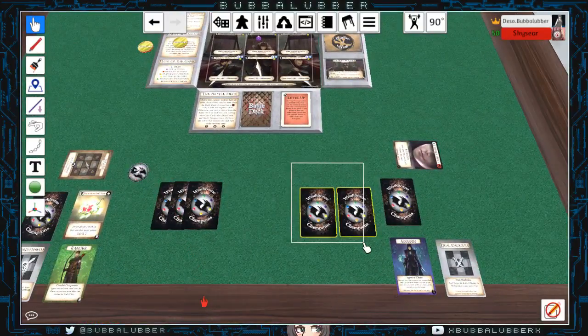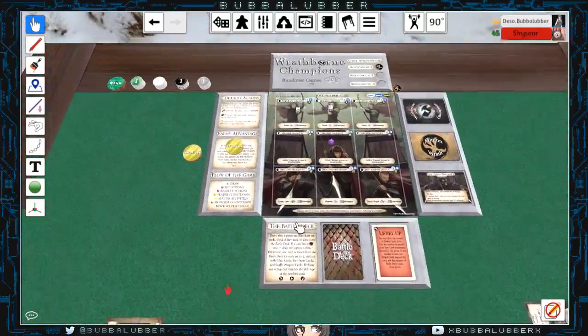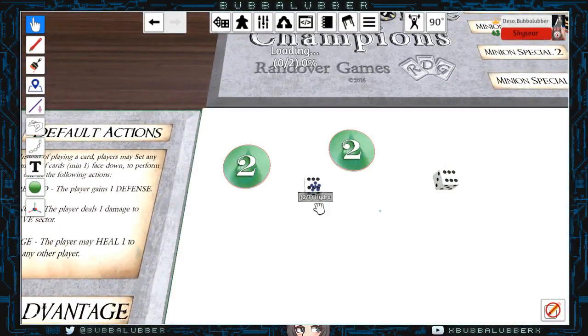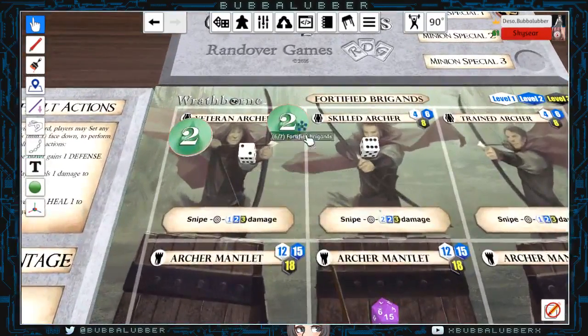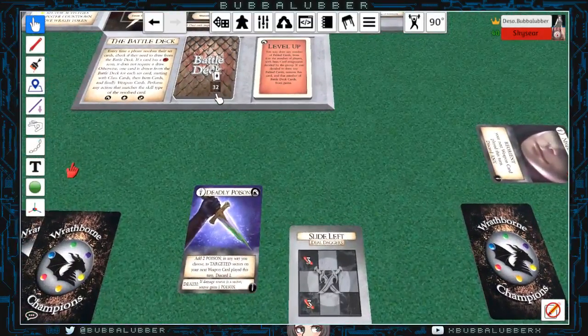Okay. The dink reveal, so deadly poison again. 2 poison tokens onto this targeted sector, which means I then deal, oh, for fuck's sake! 2 damage to it and set that back to the Fortified Brigands. So that's again 2 strikes. First one